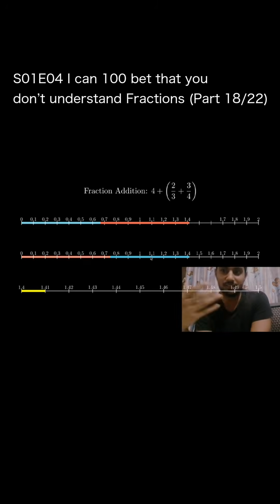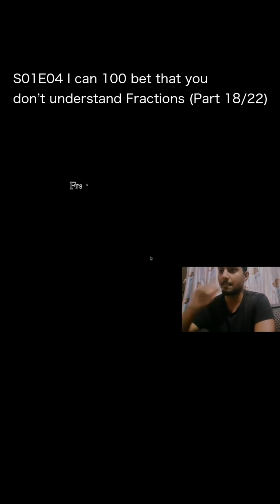But we can simply think that decimals are much easier to understand. They can subdivide themselves so that we have a lot of numbers to play with. One of the comparisons: if I ask which is greater, 3 by 5 or 4 by 6, then you have to draw the number line and see which one is bigger. It is a little more work. But if you represent the same numbers in decimal, it will look like 0.6 and 0.67.